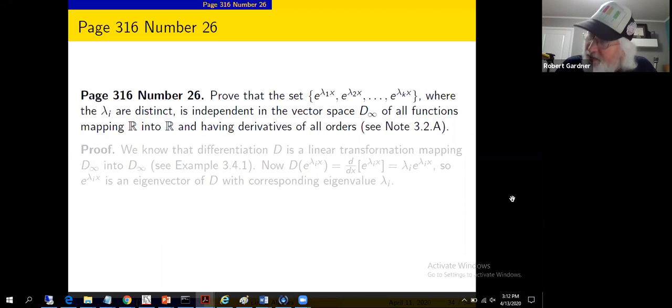But not all vector spaces are Rn. This takes us back to, I think we saw an example in the previous section, the vector space D infinity of all functions mapping R into R that have derivatives of all orders. These are infinitely differentiable functions. So that's the reason for the symbol D infinity for the vector space. They give us a set of vectors. Okay, the vectors are functions